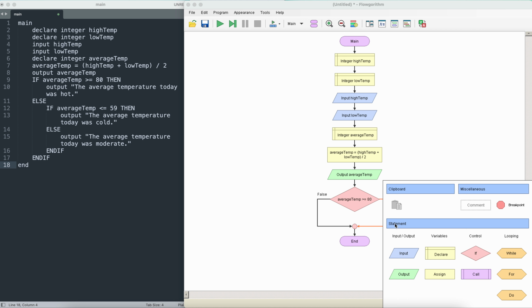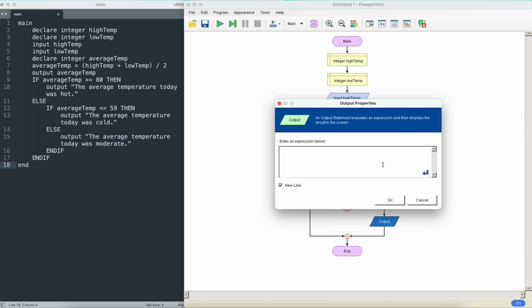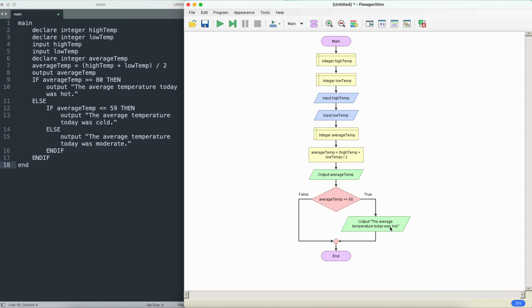So under this line of true, I'm going to put an output symbol, and here I can put in quotation marks what I want it to print. Okay. So here it'll output that the average temperature was hot. Now if it's false,